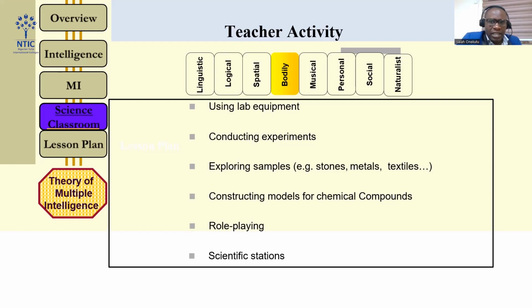Then the musical intelligence, of course, there are students that are good with rhythm. They are good at singing. Now they could do a song with the periodic table. They could do a song with anything at all. And that is interesting. When you engage these learners based on their ability and their capacity, you discover that their interest in the subject becomes greater than before. They improve in their learning abilities. Why? Because you identify their strength.